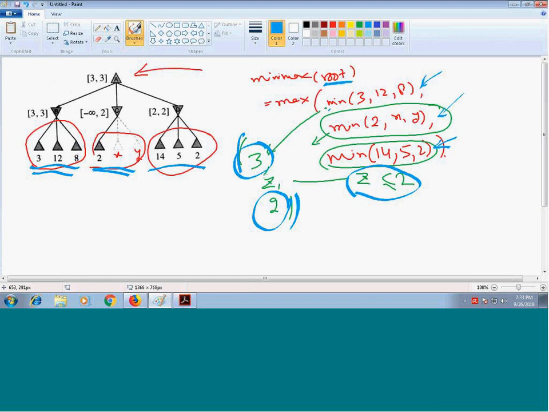Now, since the outer part is to find the maximum value, inside we want to find the minimum, and on the outer part we want to find the maximum out of this. So what is the maximum that you are going to get? Can you tell me? Compare 2 and 3; you would say that I would pick this particular number, I would not pick 2. The third number, the value of this thing is 2. Maximum value could be 2 only.